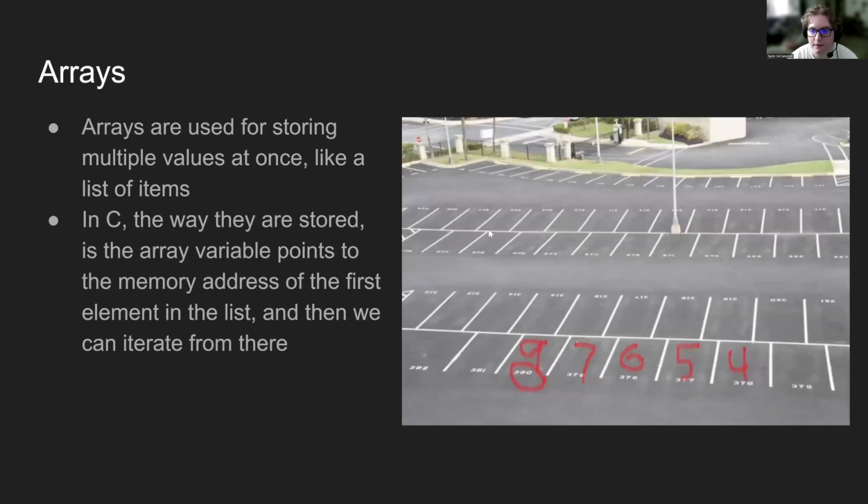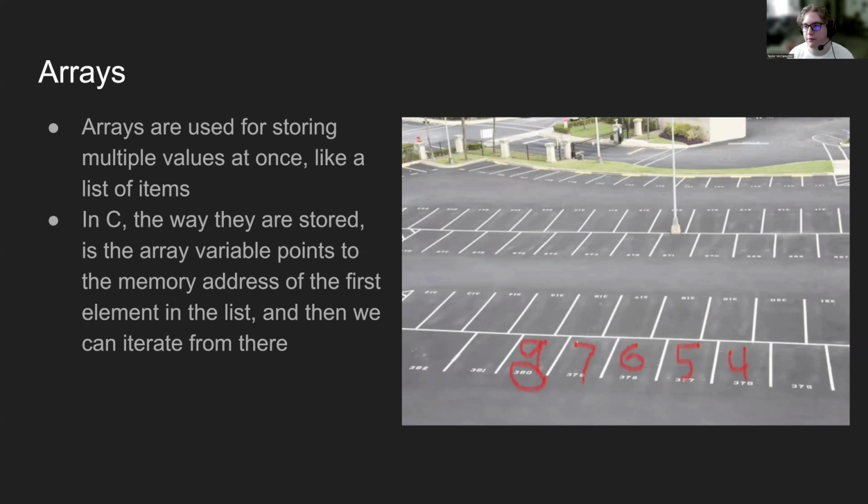Okay, so this leads us to arrays. Arrays are used like lists for storing multiple values at the same time. And in C, the way that they're implemented is you declare an array, and then you can fill it with a bunch of variables and that populates memory. But the actual value, the variable of the array, is pointing to the memory address that holds the first element. So let me say that again. The actual array variable is a pointer to the memory address that